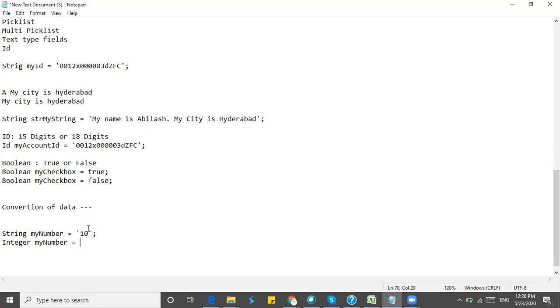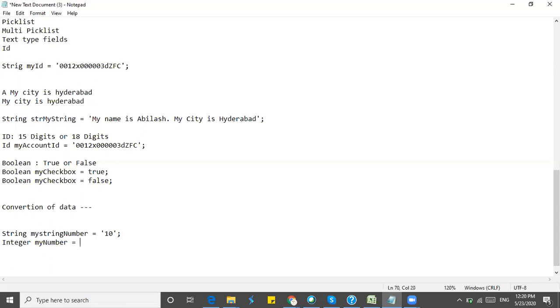So this 10 is stored in this value, right? My number. So this is a string value. This is in string format. I want to convert it to integer.